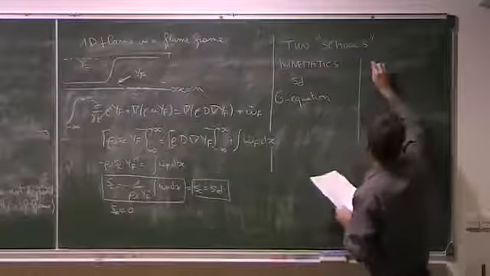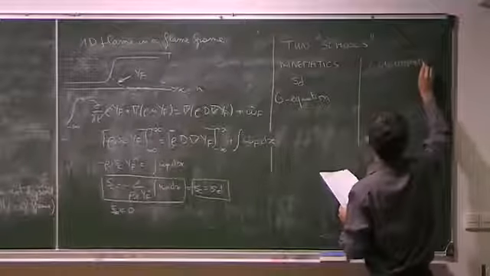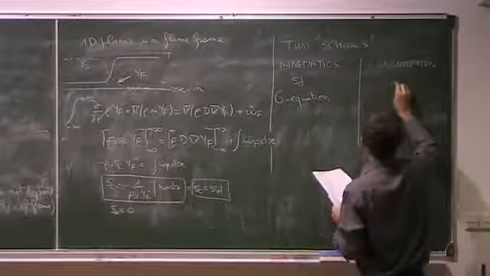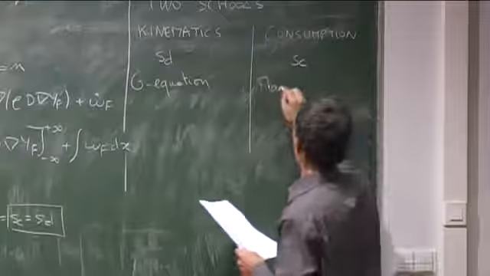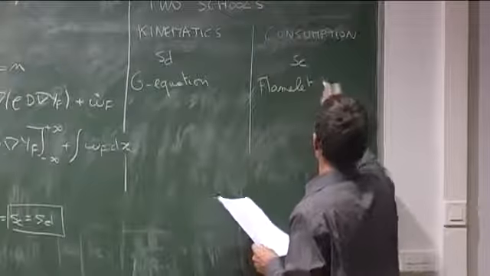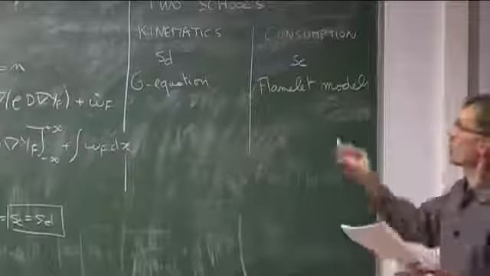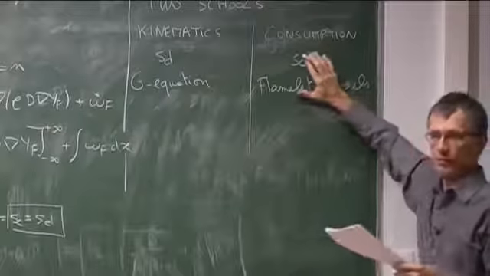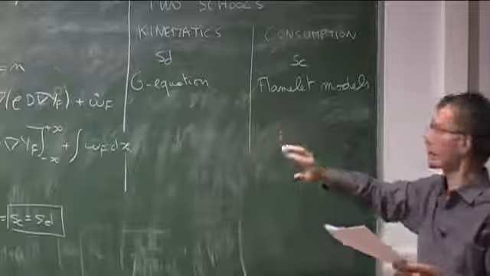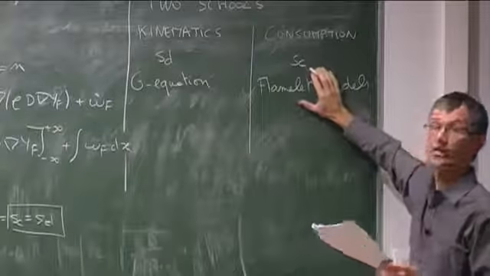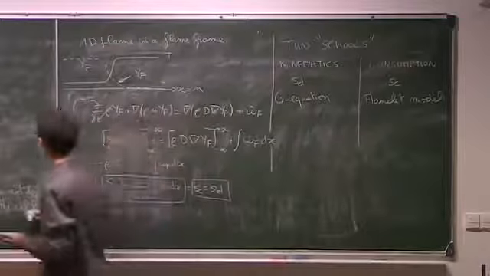On the other side, you have another school where people look at consumption rates. That means they look only at SC, the consumption speed. And this is more the world of flamelet models. And my advice is that you want to work with this approach rather than this one. I'm going to use both now in a few examples, but this one is much nicer, much simpler to understand. So let me tell you why.